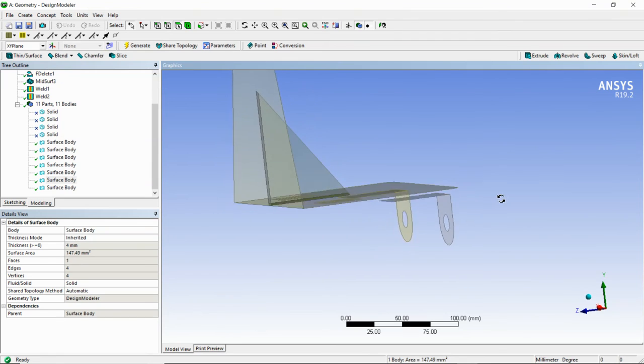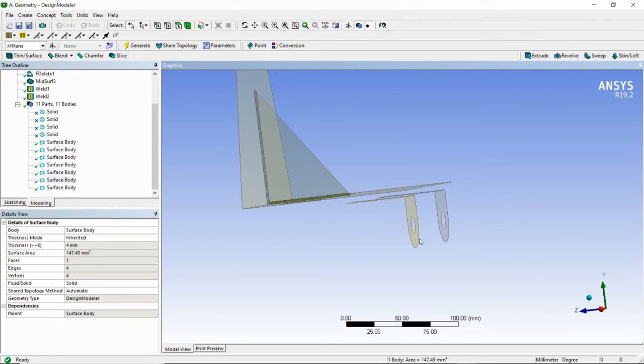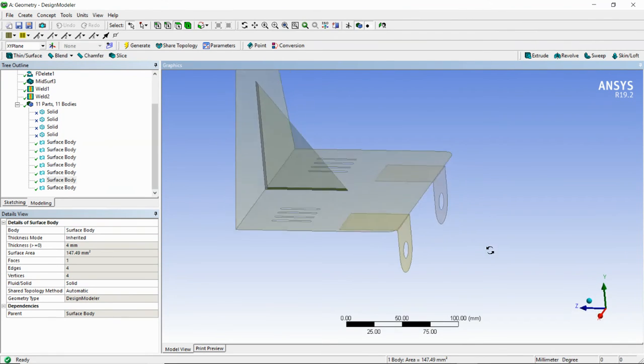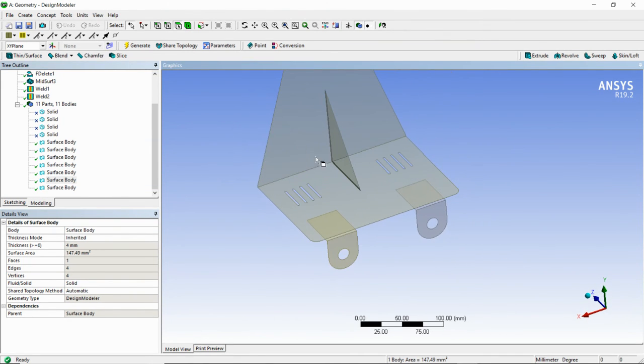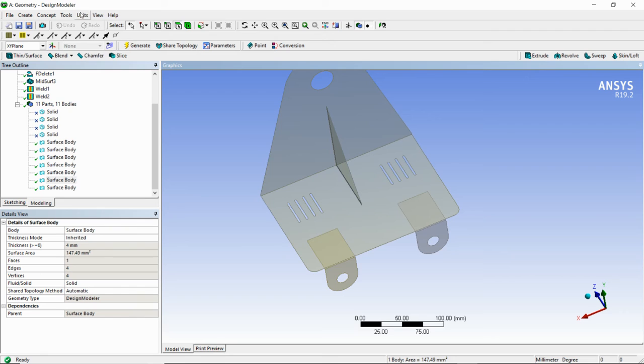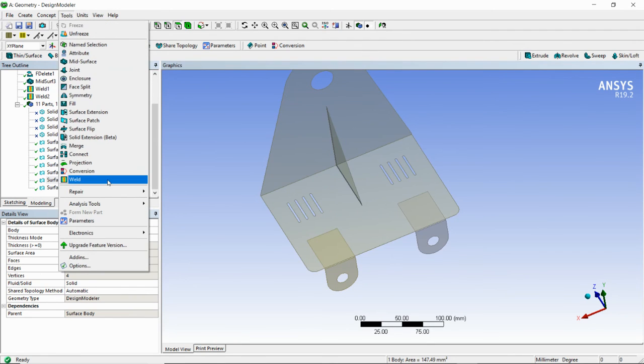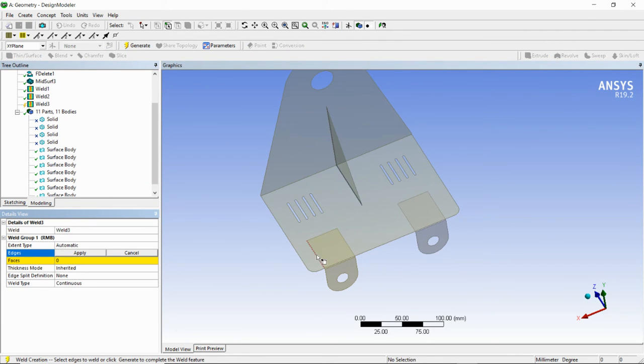For this also I will create a new surface body by using the weld option. Use tools, go to weld, and select all the edges. I will select all at once to save time.